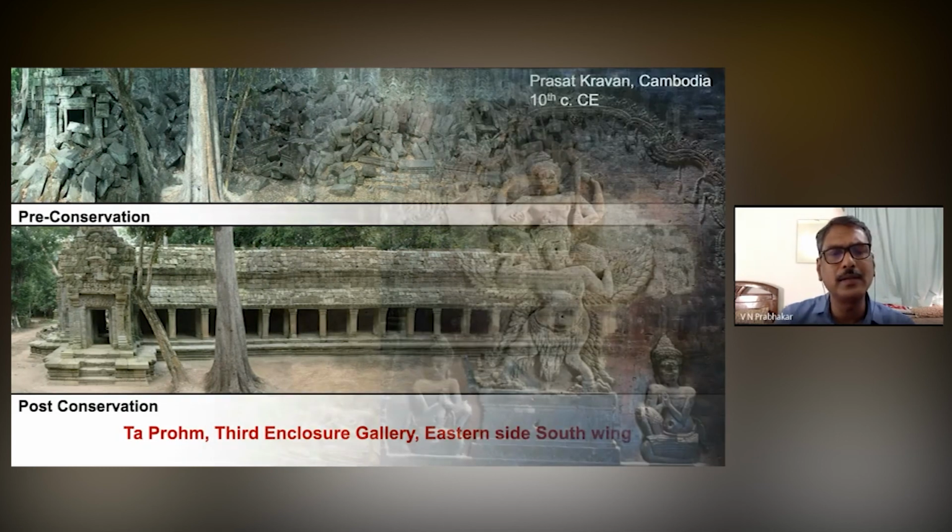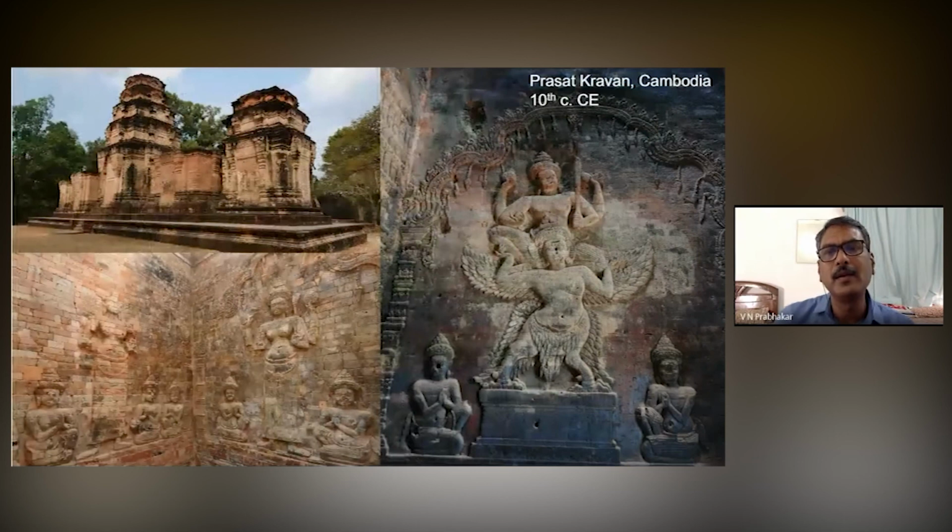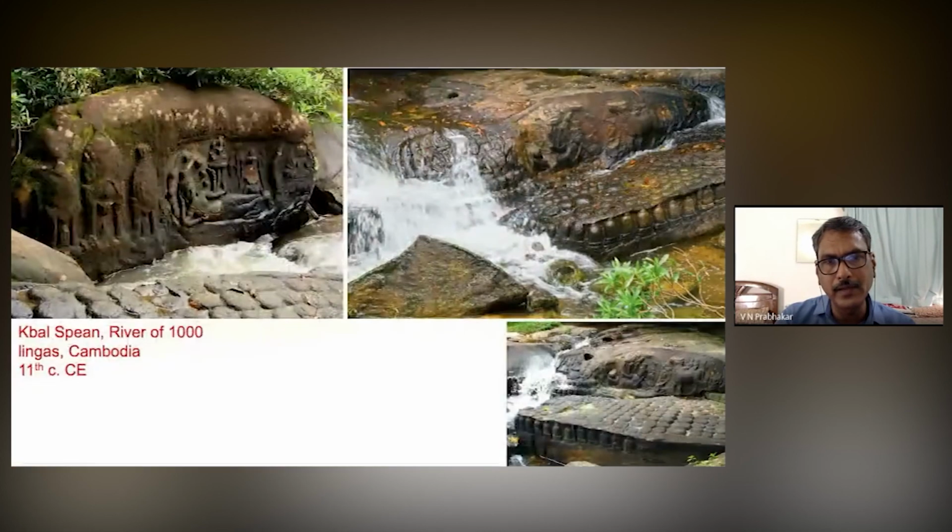So we have countless evidences in various parts of Cambodia, Laos, Vietnam, Malaysia, even Indonesia, where temple forms might have gone, but there are only a few places where we have excellent examples preserved. This is another temple known as Prasat Kravan in Cambodia, belonging to the 10th century CE, dedicated to the Vaishnavite faith. You can see Lord Vishnu carried by Garuda. This is a clear indication of the influences, and this is one more famous place from Cambodia, where the entire bedrock is depicted with thousands and thousands of lingas and the reclining Vishnu.